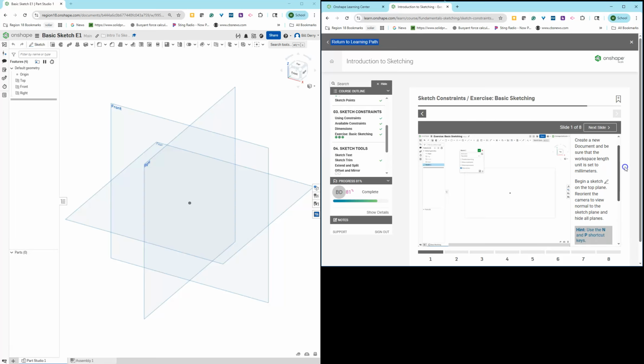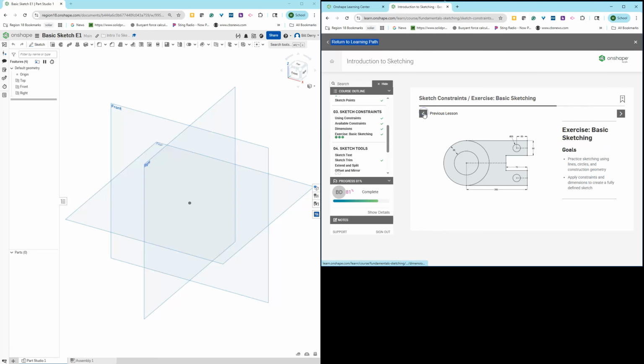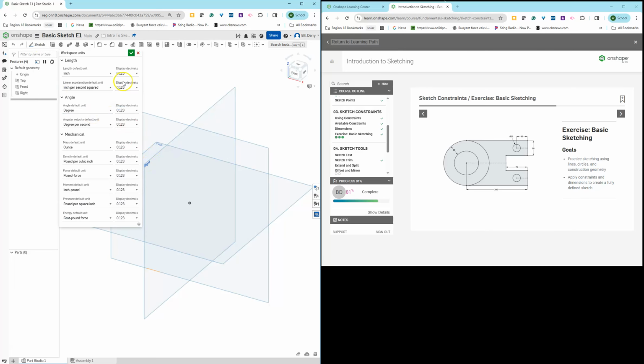create a new document, begin a sketch. It didn't tell you the size though, or did it in the previous one? Well, we're going to do that right now because I don't like to get ahead in a document without setting my units. So up over here, we can go to workspace units, and we're going to change it to millimeters. All right, hit OK,